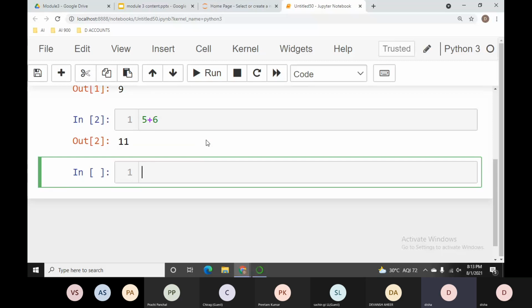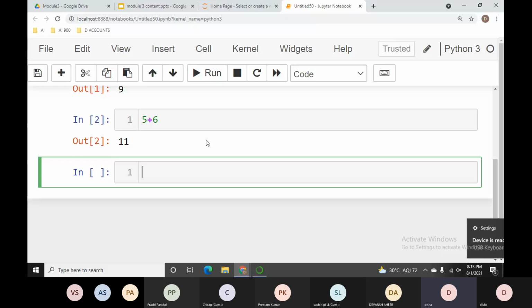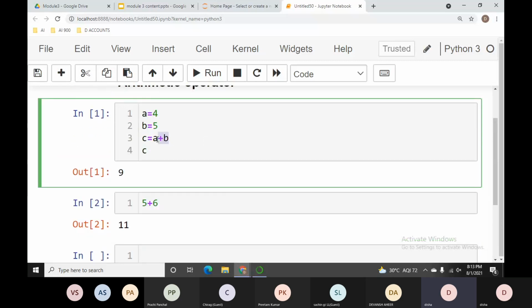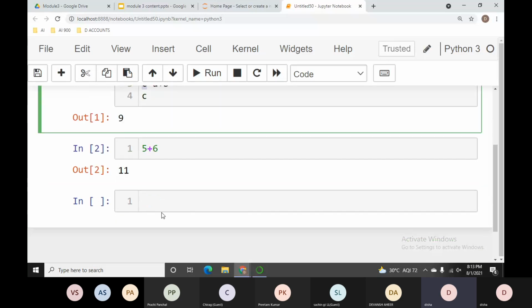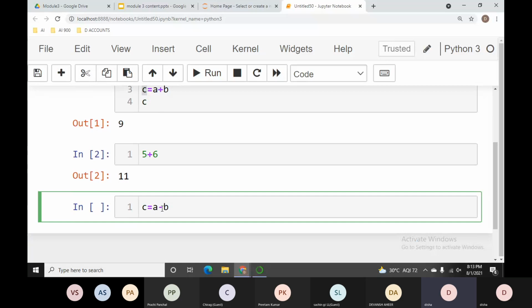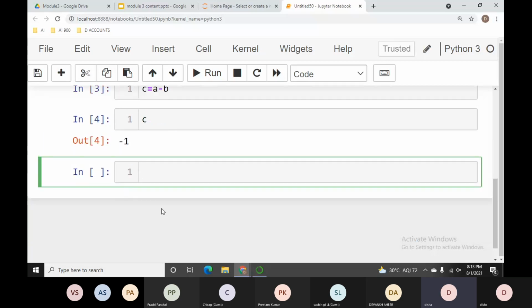If you want to assign that value to a variable, that is possible also, as we did there, assigning the result of A plus B to the new variable C, right? Now let us do one more: C equals A minus B. A is 4 and B is 5, so we get the result -1.